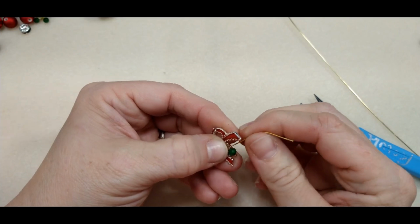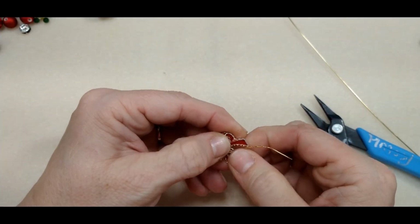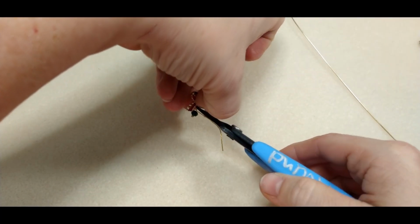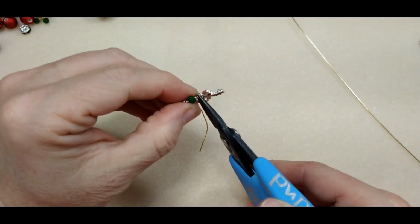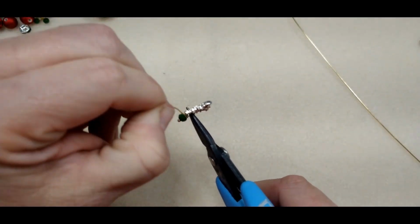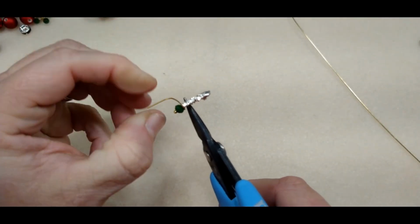You could hook it on with a jump ring. Goodness, but I don't want to do that. I just want it to be wrapped directly on there, okay? So then I'm going to grab my loop again, and I'm just going to wrap. And I'm just going to go around several times,